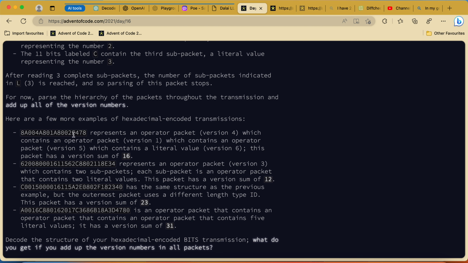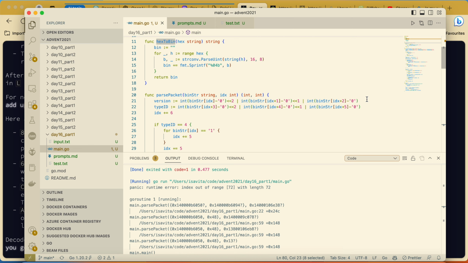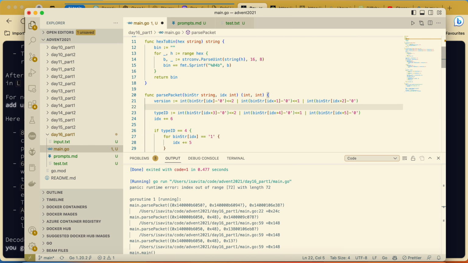That's our test input. We have an operator packet, the version is 4, which contains operator packet version 1, which contains operator packet version 5, and literal value version 6. Okay, in our case here, that means that we should print